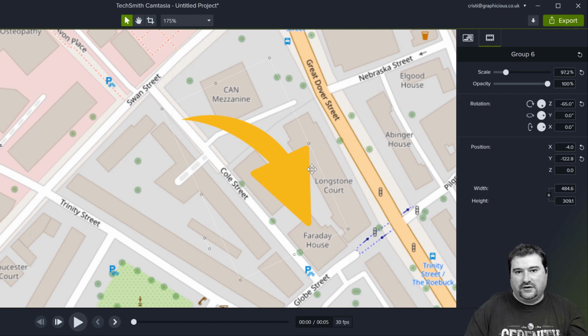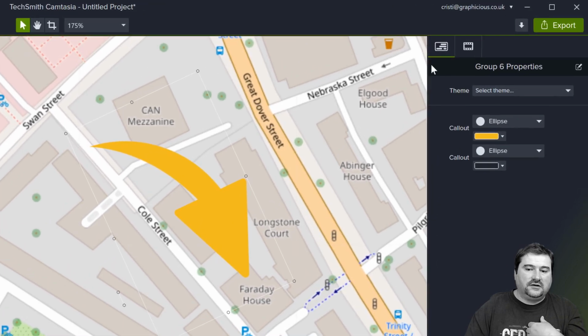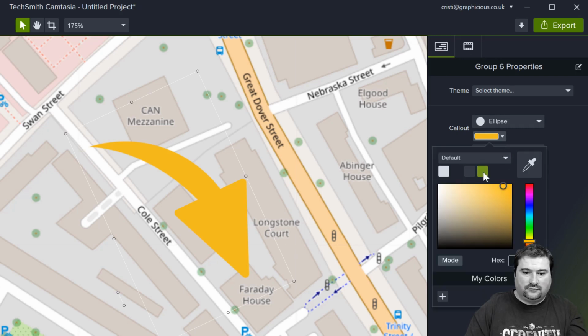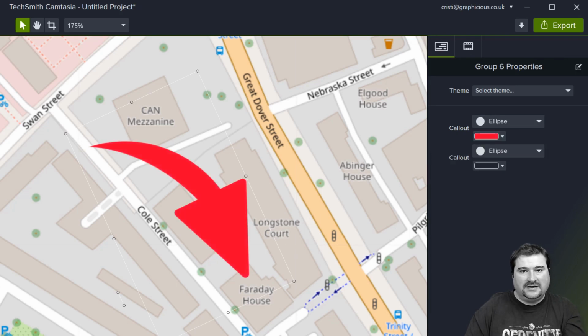In Camtasia 2021, this new quick properties has been introduced for the objects that are in a group. Because these are now in a group, I can click on it and go to the quick properties tab here, and you can see the colors involved in my object. I can make the arrow green if I want, or I can make the arrow red, without having to go into the group and clicking on each component shape and changing its color, right? So the colors are all exposed in here. I don't care about the dark color of the dark ellipse because that's not visible anyway.